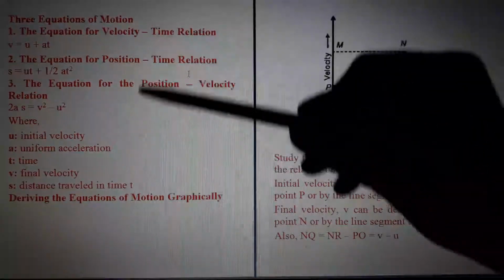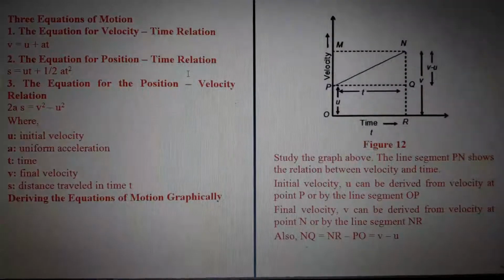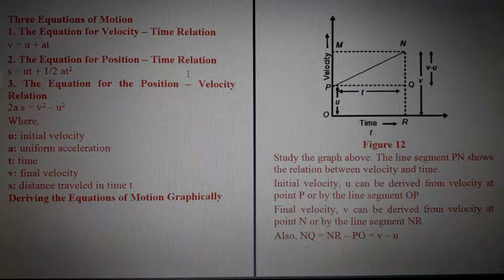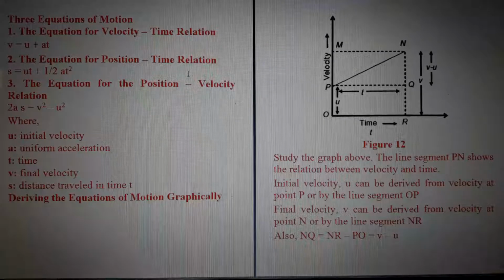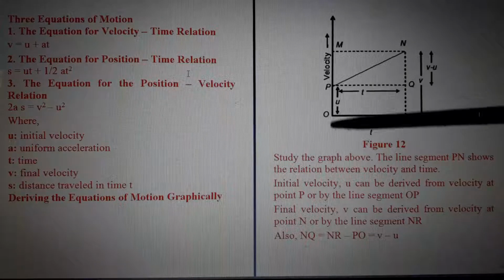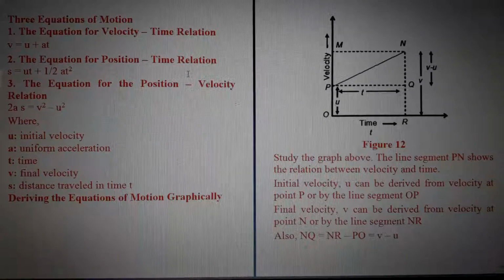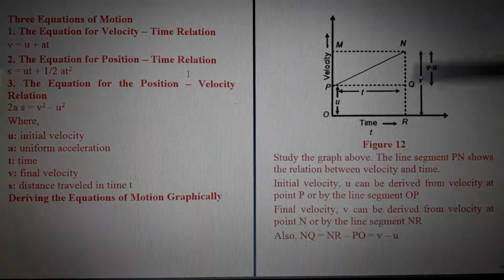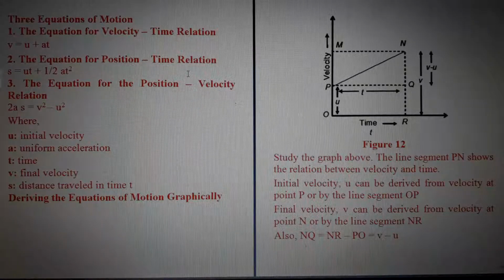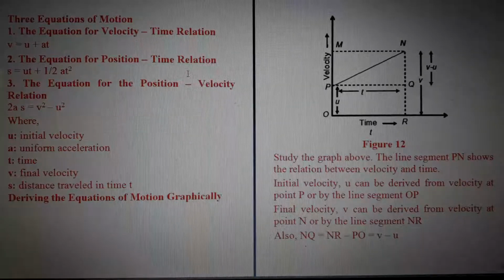But this is the mathematical calculation of how to find the equation. That is also an essay. But this is the practical way of calculating all those derivations. This is the practical method. So let's see that at a particular moment, this is our initial velocity, OP, and the final velocity, RN or NR. But we have something else. We need to find V minus U. We can easily find V minus U in this graph, isn't it?